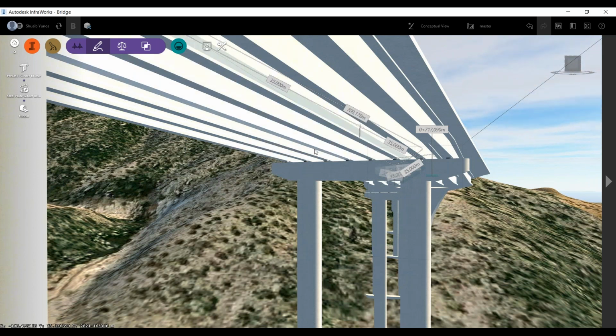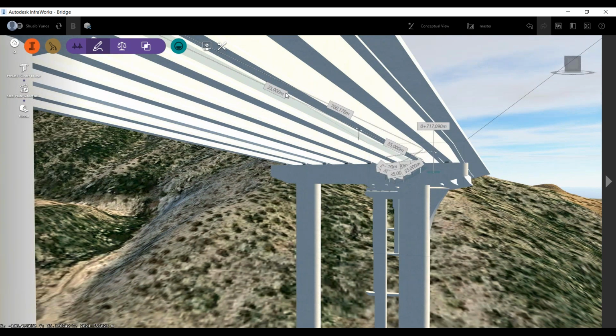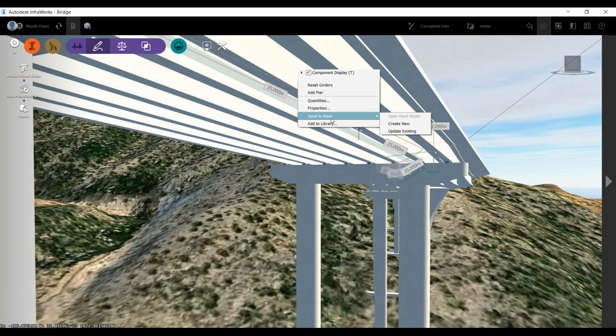And then, of course, if you come here, for example, let me show you this. There is a send to Revit option. I've been receiving this query a lot over the last few months, that interoperability is very hard. I swear to you, if you look here right now, it is so easy. I'm not going to export it to Revit, but I'm going to show you exactly what it asks for, and it'll open directly into Revit. Okay, so if I go here, send to Revit, and if I say create new,